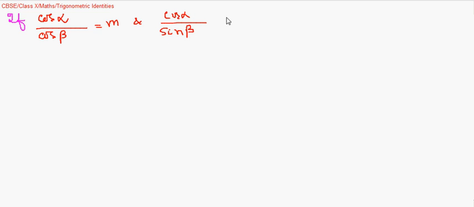Now it says, if cos alpha by cos beta is equal to m and cos alpha by sin beta is equal to n. So m and n are represented by these expressions. We have to show that